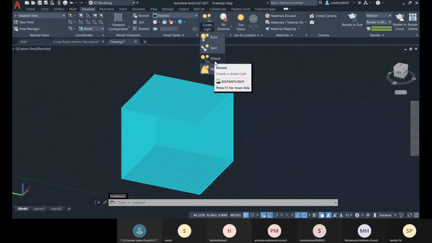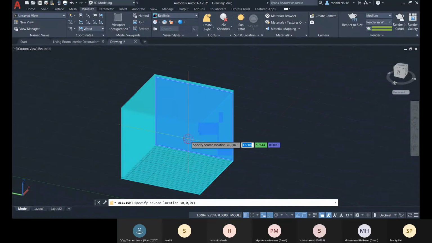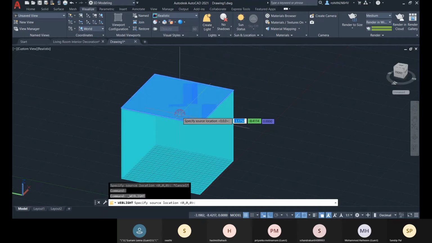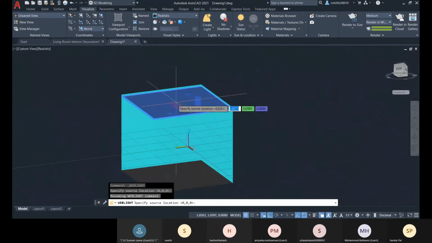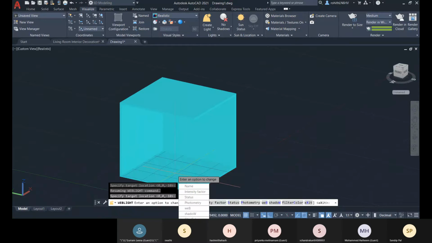Okay, so now we have web light. Web light is also a kind of artificial light, but it illuminates light in all directions. That's the difference between your distance light and web light. So it spreads the light in all directions, not any particular direction. So you can choose this, and then the target,